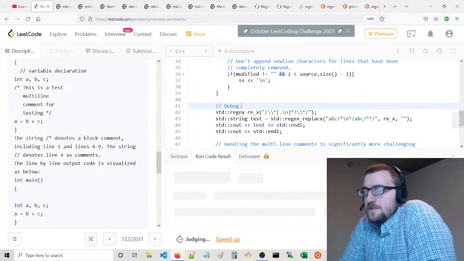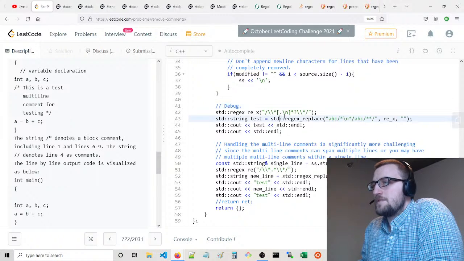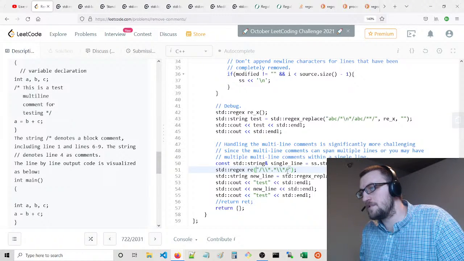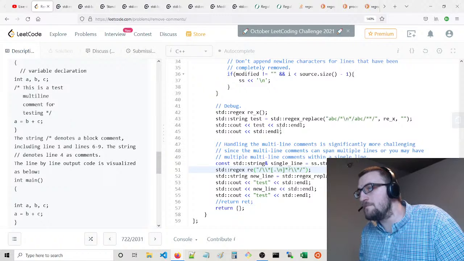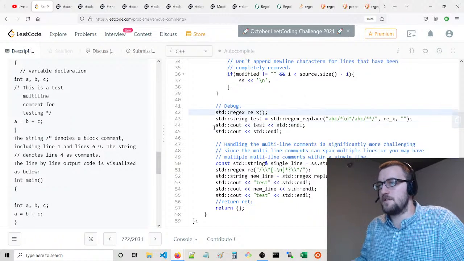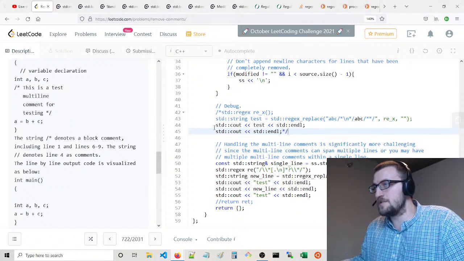That makes things a little bit easier. There we go. Okay, sweet. So that's what we want. This is the regex we want. And string replace is fine. So we can comment this out. Now, what's interesting is,